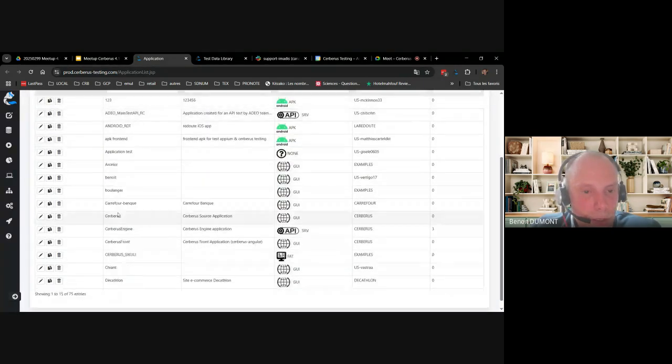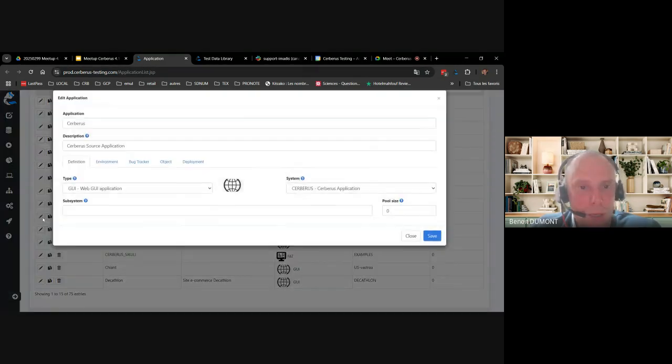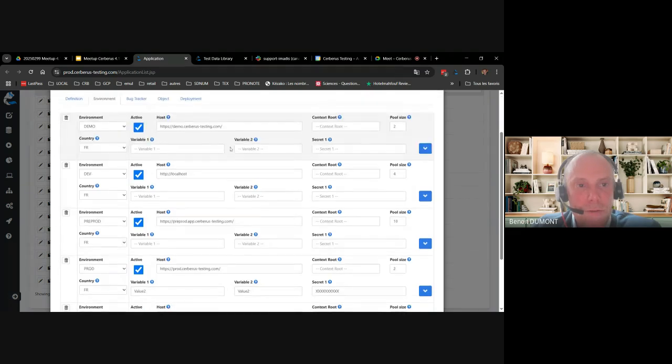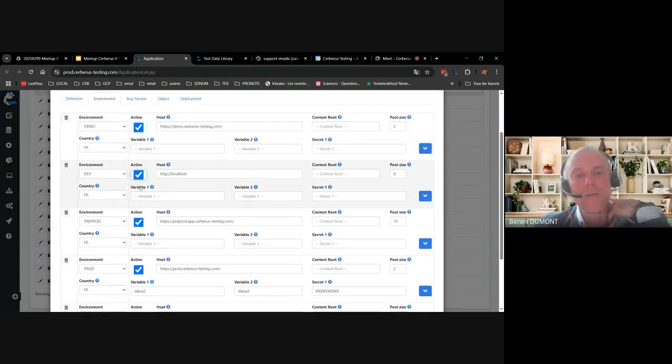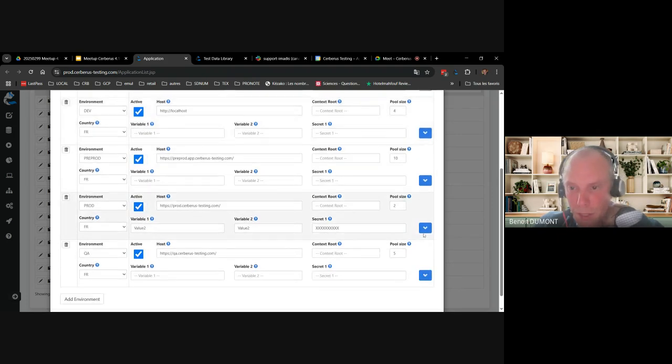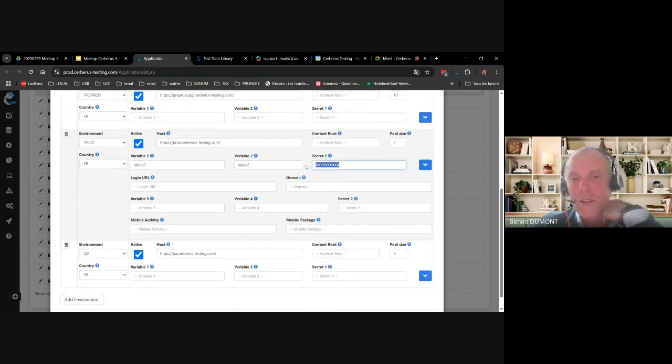So if I show you how it appears, I will open, for instance, a Cerberus application that has quite a few environments. As you see, now the checkbox is there. You can activate and deactivate a specific environment at an application level, and all the secrets. I will pick here, for instance, and we see that the secrets have been hidden, so they're protected, replaced by X. And we see here the variables that were existing before.